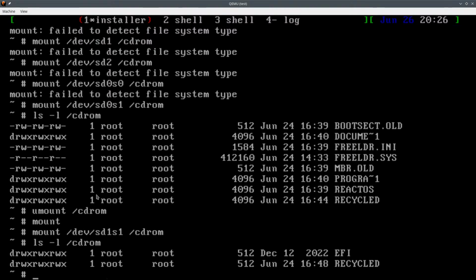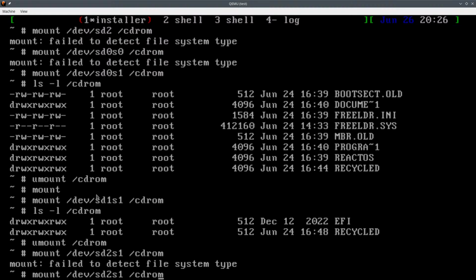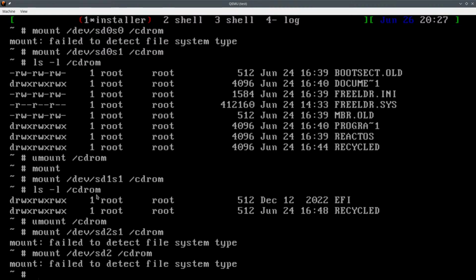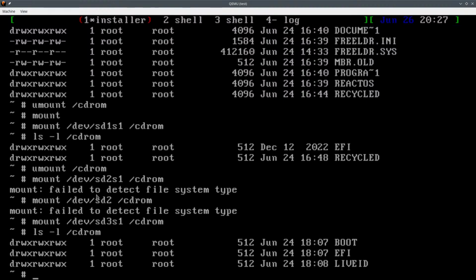Okay, the Linux disk. That makes sense. And then this should be... I mean, assuming this is something. What about number 3? Do we know what the hell is this?